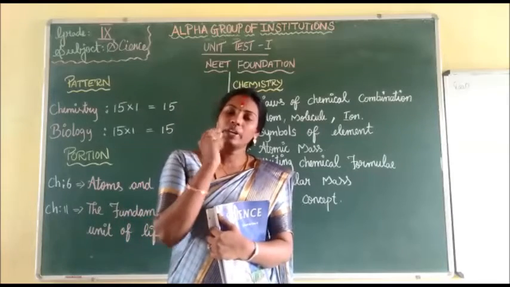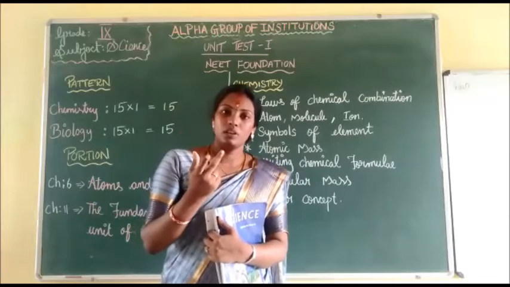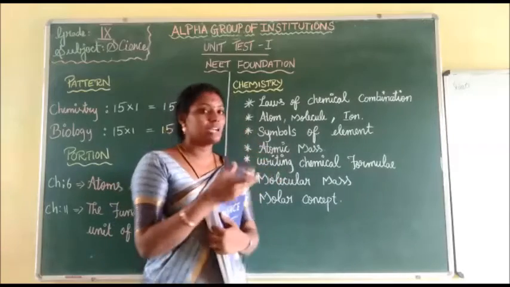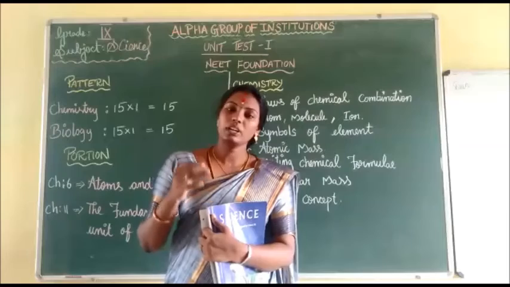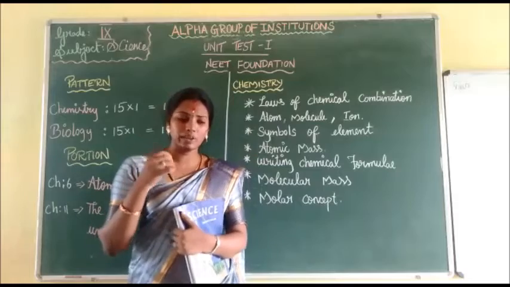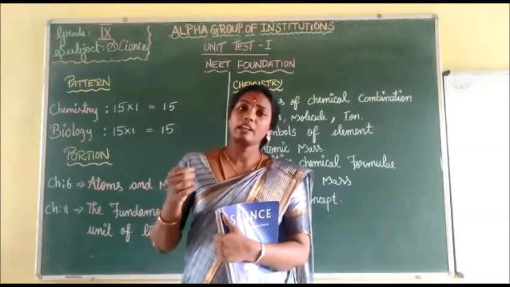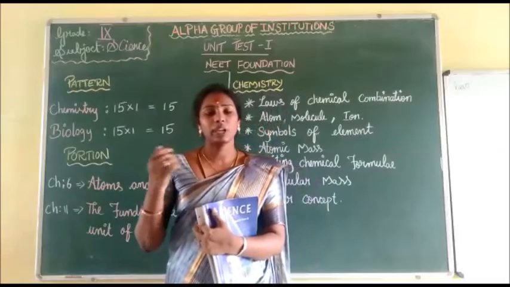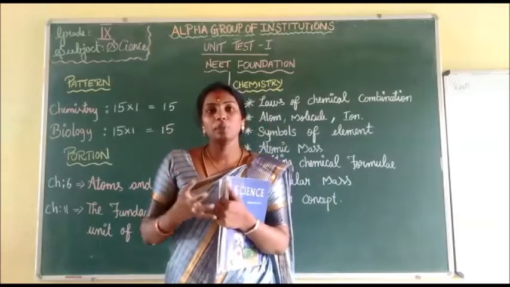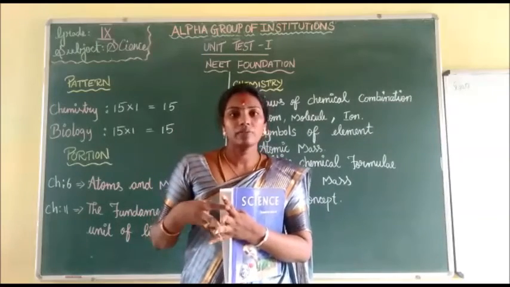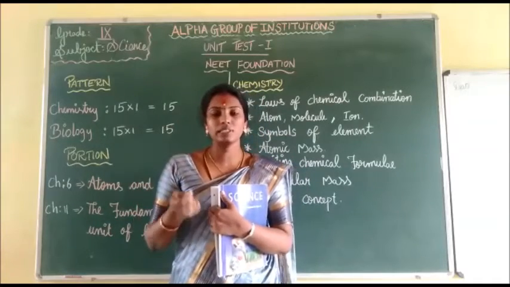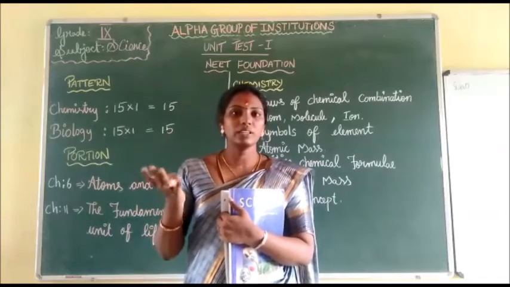Atoms are very small. We can't imagine the size of the atom. So atoms and molecules is a very important and interesting lesson also. In this chapter, first they have given a brief introduction about atoms and molecules. They explained how the atom came, how the atom exists, how it forms objects, and how atoms combine with each other. Based on these questions, some scientists and philosophers made so many theories about the atom.